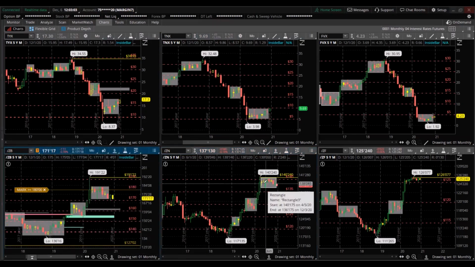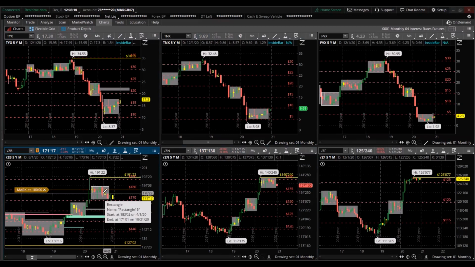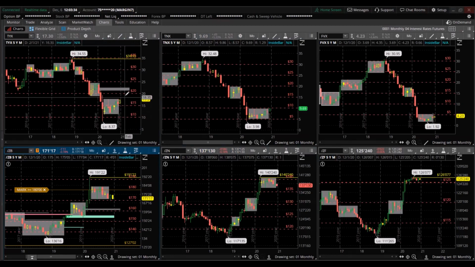So we see here, we're not making higher highs. We're trading below that high, and we're trading way below the high of here, where the 5-year is in consolidation. So the big picture I'm trying to point out here is that it looks like there's a shift of smart money, and the fears of fixed income and the bonds may go higher. Interest rates would be the higher yields. Do you understand? If these yields go higher, typically interest rates follow higher, and these bonds would have higher rates.